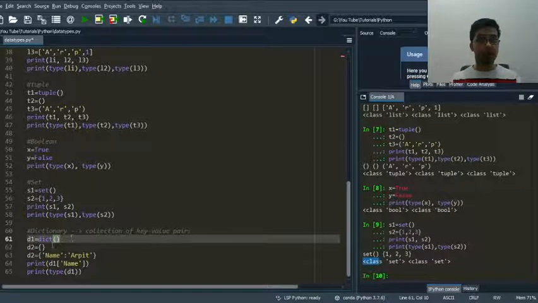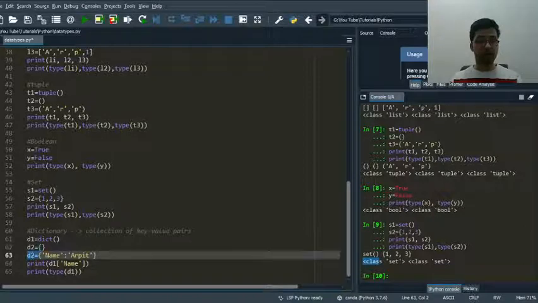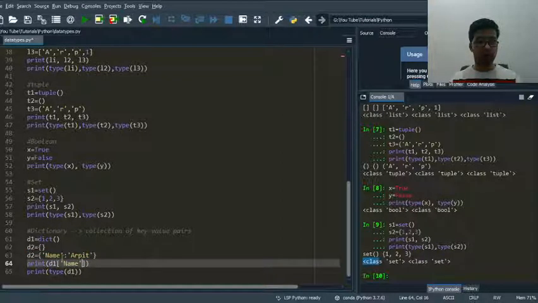One thing to note is we cannot use this for a set because this will create an empty dictionary, not an empty set. So this thing should be noted every time we create a dictionary or set. And for creating a dictionary containing elements we have to do something like this, and this is creating the dictionary with elements. So if I try to print the dictionary, print this one,